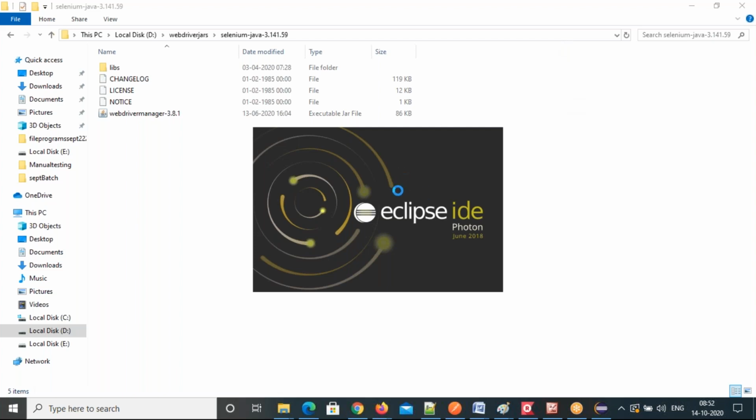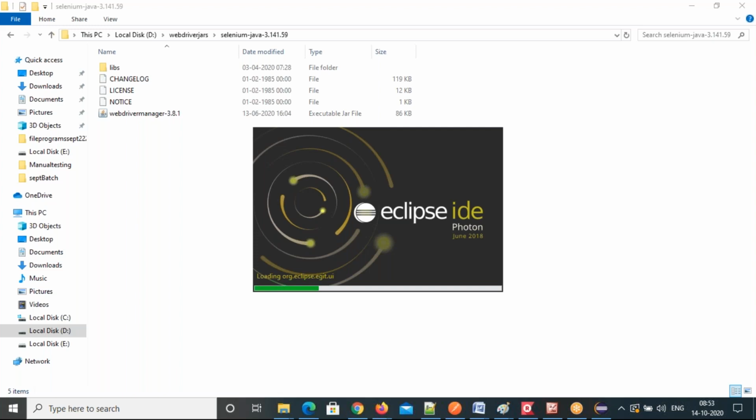So basically, the point of adding WebDriver jars is, suppose you create a Java project, all the Java jars are there, right? That means Java code you are able to use. Same way, if you add the WebDriver jars to your project, then all WebDriver APIs and WebDriver code you can use in that project. If you want to use any already existing code, you add those jars to your project, and then you can use that code.